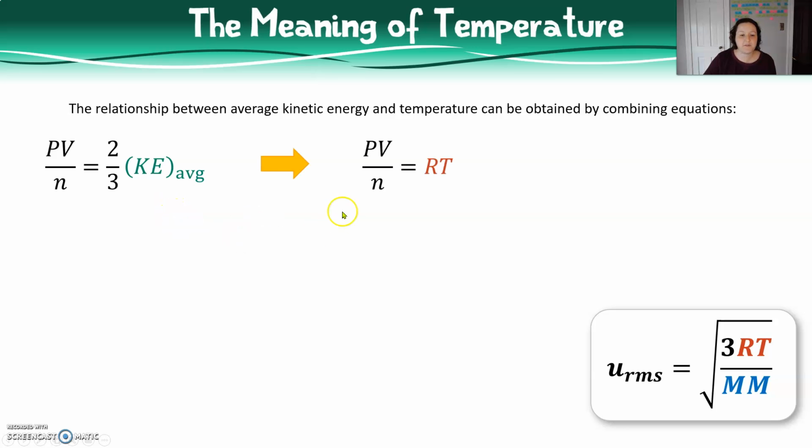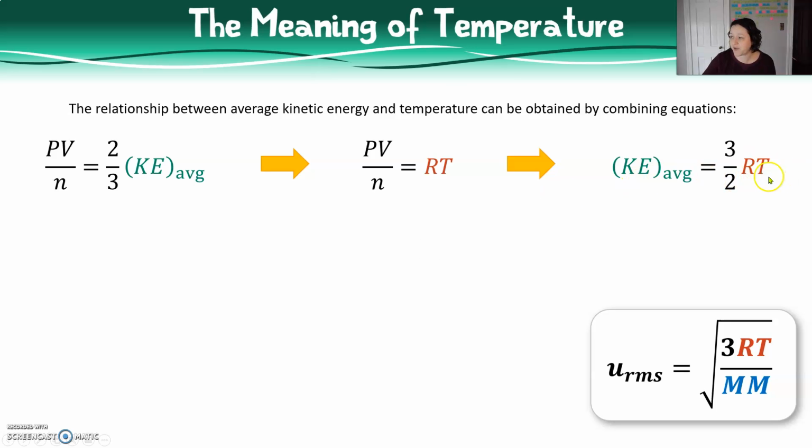And we know from the ideal gas law that the pressure times the volume over the number of moles is also equal to R times T. So if we take these two things that are both equal to PV over n, we basically get this expression that says that the average kinetic energy of a gas is going to be equal to 3/2 R times T. And this means that the average kinetic energy can simply be expressed in terms of the ideal gas constant and the temperature, and we can clearly see from this that the average kinetic energy is directly correlated with the temperature.